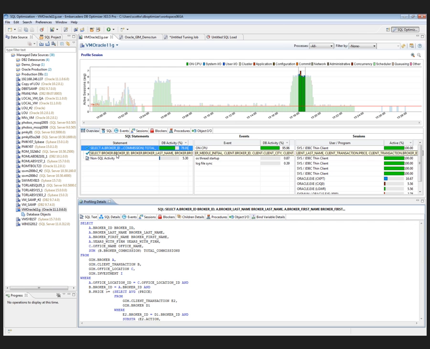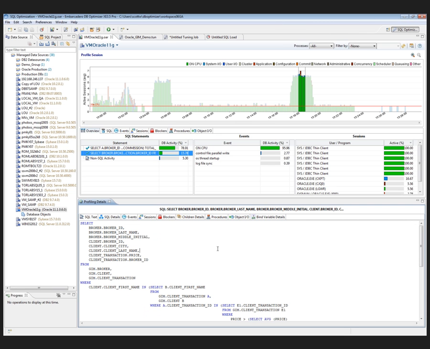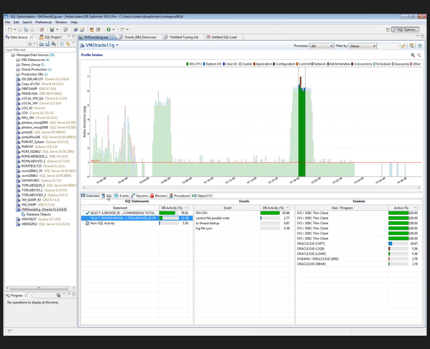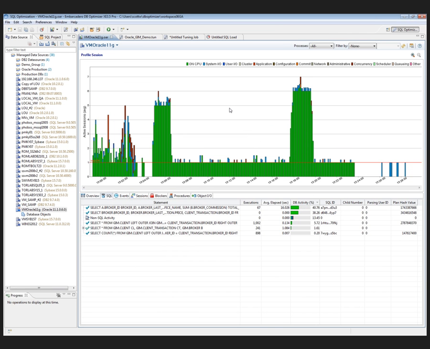We have some other queries that were also being executed, but certainly aren't taking up the time. I'll close this, go back to the SQL window, and I'm going to open this up. So, as I pointed out, we can find the queries in our spikes by highlighting, but we also have the ability to look at the overall